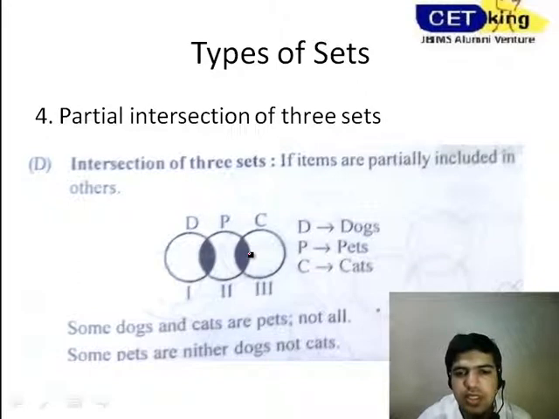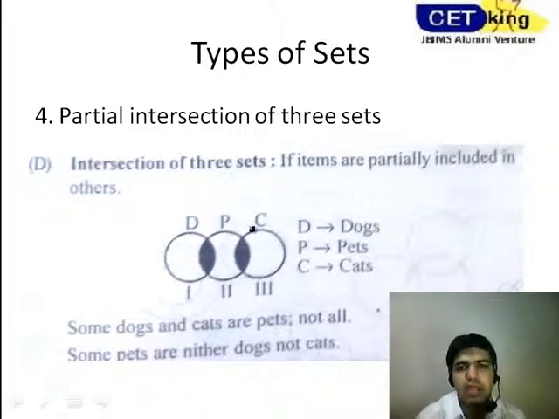So the first thing that I'll make out is forming a subset. I'll ask the question: are all the dogs pets? No, it is not necessary. Some dogs and cats are pets, but not all, right? So this is the region of overlapping, this black region, and these are the dogs which are not pets, and these are the cats that are not pets of anyone. And in the P region, there will be other pet animals in between. And in this diagram there is nothing common between cat and dog.